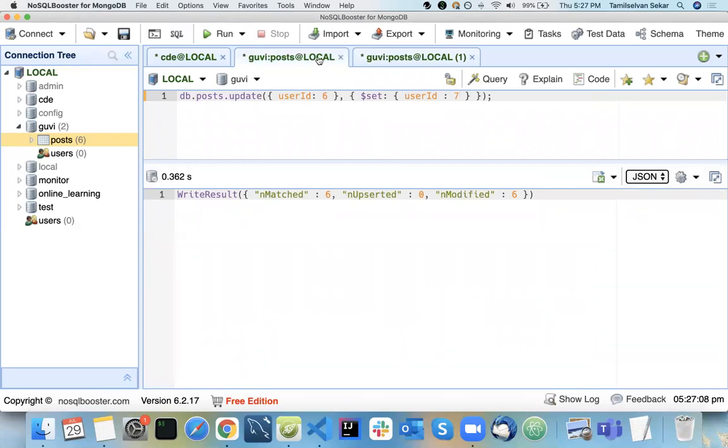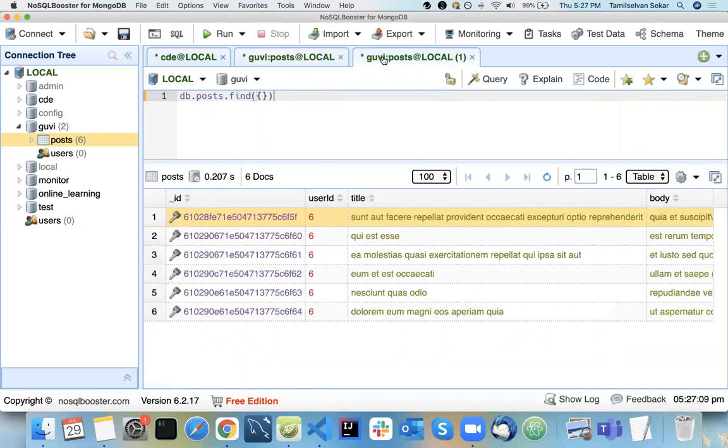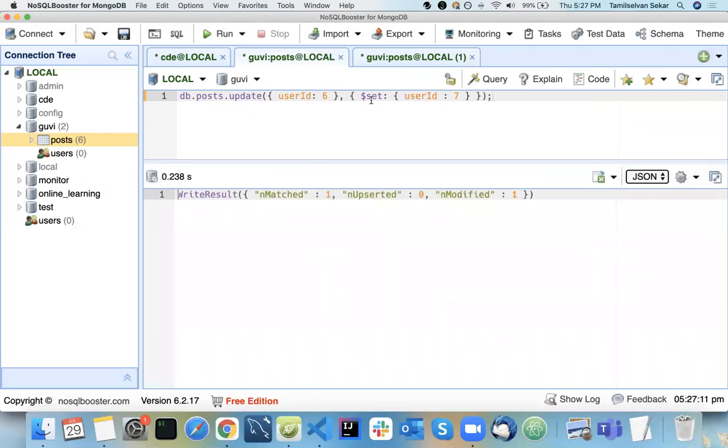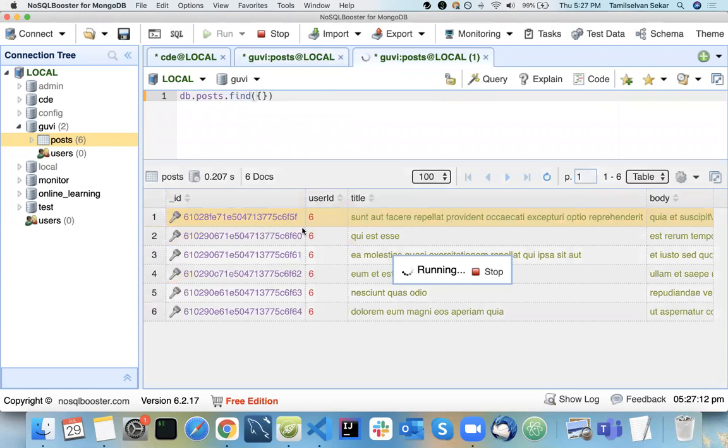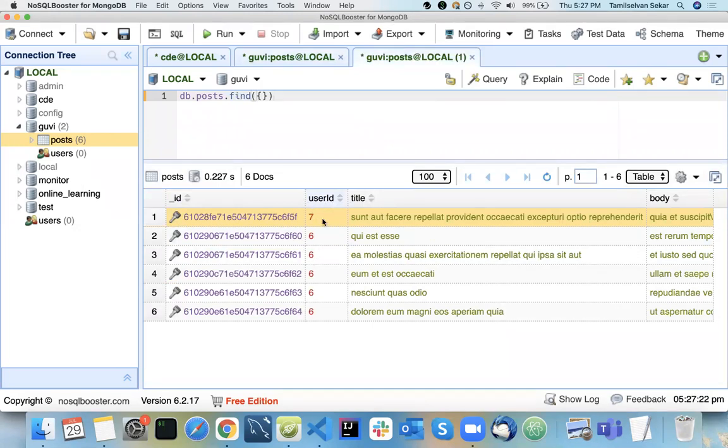Okay, it was already 6, it is going to be 7 now. Run this. Okay, so see, again it's updating the old record. So what happens here is, here we have a sort, right? I just click the sort. But it is acting like it's updating the first record.